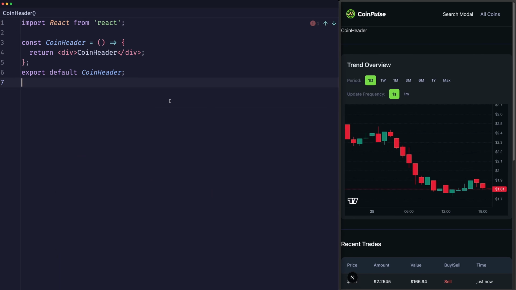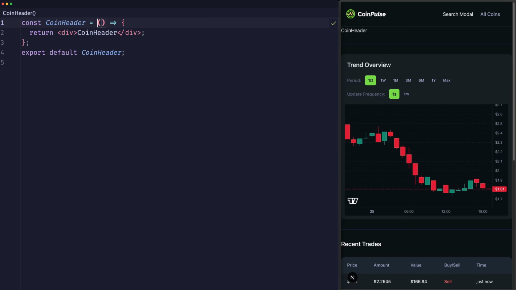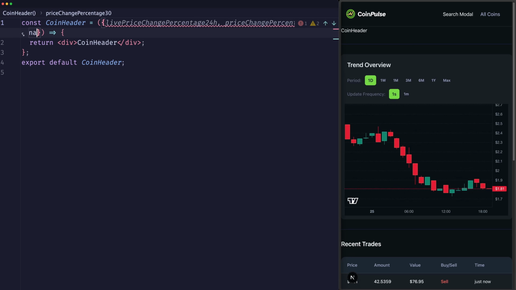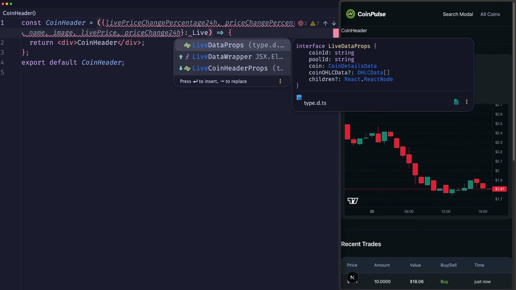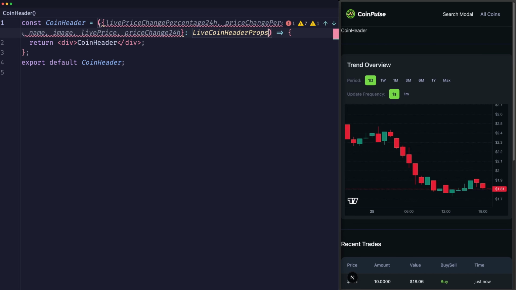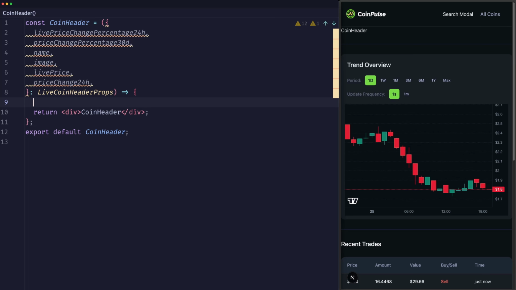So let's simply head over into the coin header and let's get access to all of these props that we're passing in. That's going to be the live price change percentage 24-hour. It's going to be the price change percentage 30 days, the name, the image, the live price, and the price change in 24 hours. And all of that is of a type LiveCoinHeaderProps. And now that we've got those props, we can also create some new variables that are going to help us later on,